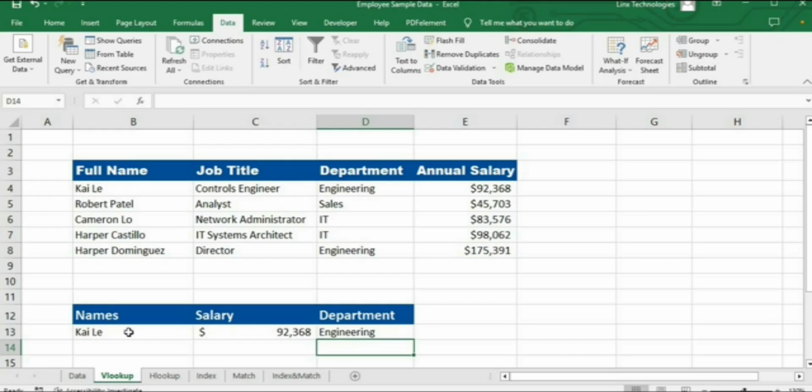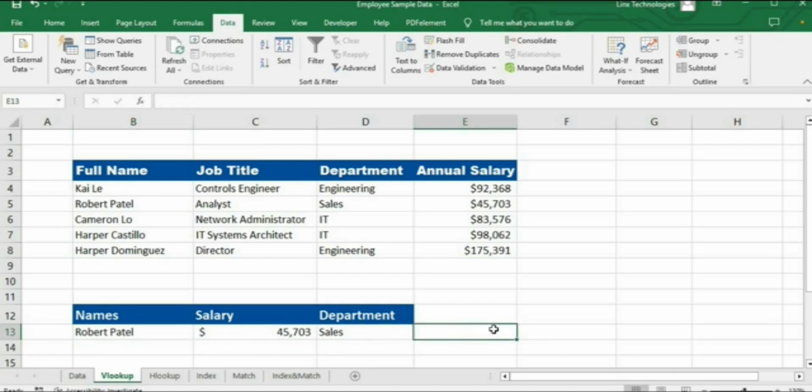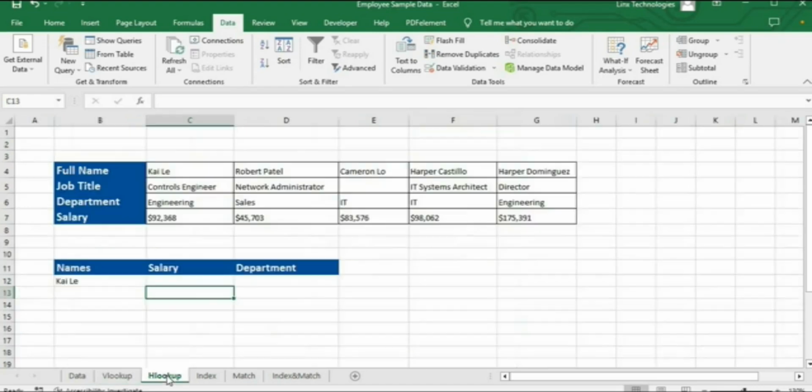So Kaylee is in engineering, so we go down to the next person. His salary is this, and he is in the sales department. That's how powerful VLOOKUP is. Now if you have any question, don't forget to ask and keep on practicing. Let's go to the next one, which is